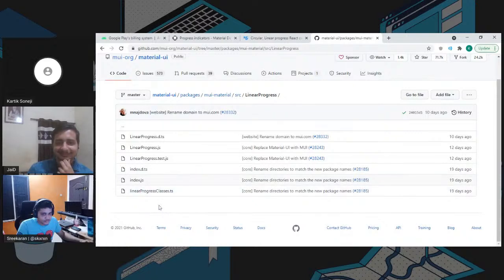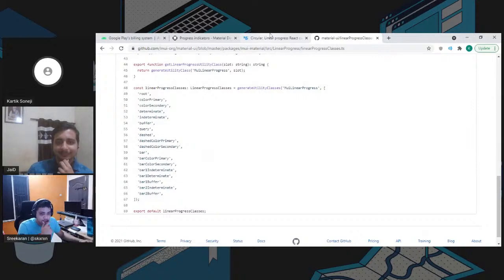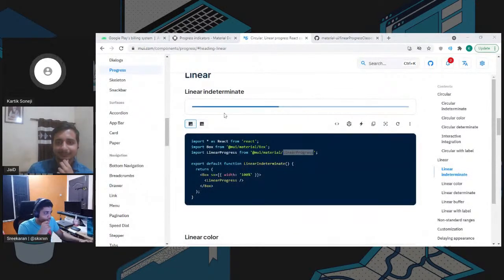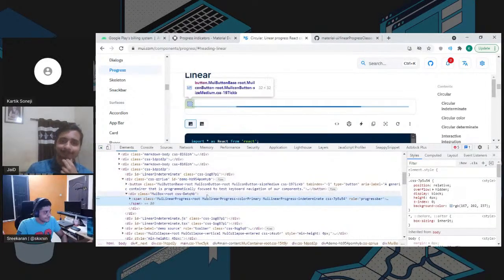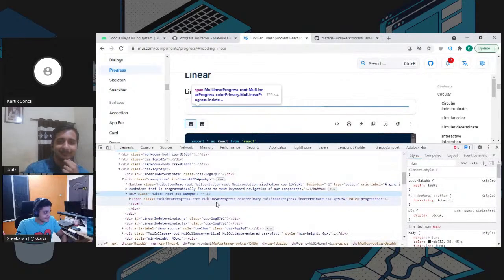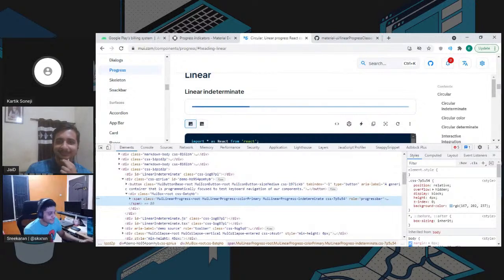It's definitely doable, and this is what you will have to do for a lot of libraries, especially if they are not on the web. But because we are on the web, because it's a JavaScript library, there is a shortcut. You can simply do Control Shift C, which will bring up the pick element menu. You can click on the element, and then you can see what they are doing. You can directly reverse engineer what they are doing. And reverse engineering is not necessarily bad. For instance, here it saved me like 15 minutes of clicking around the GitHub repository, trying to find the exact place where they have